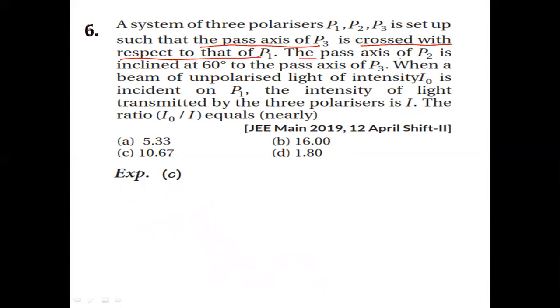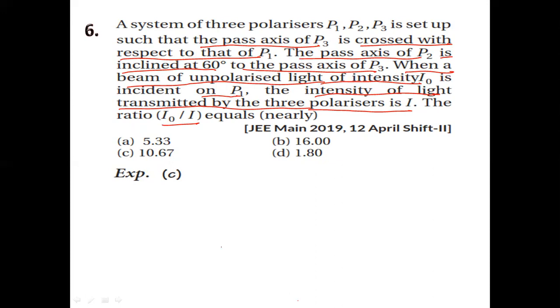The pass axis of P2 is inclined at 60 degrees to the pass axis of P3. When a beam of unpolarized light of intensity I0 is incident on P1, the intensity of light transmitted by the three polarizers is I. Then the ratio I0 by I. We need to find